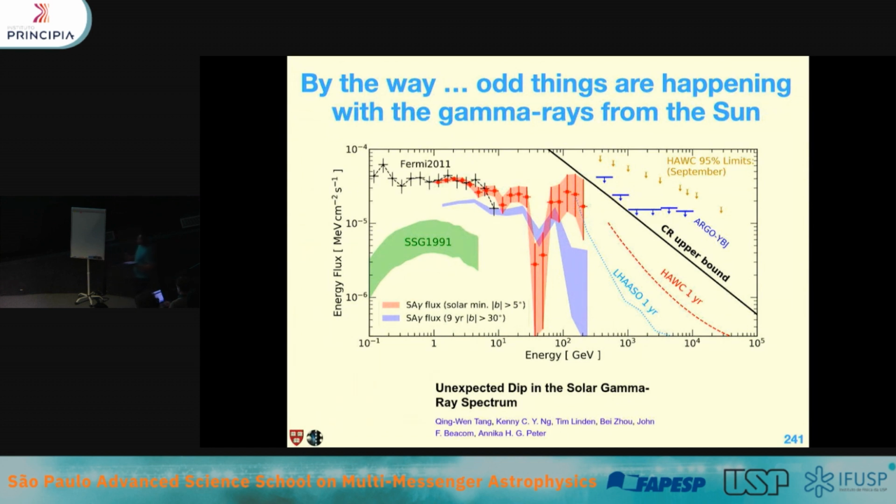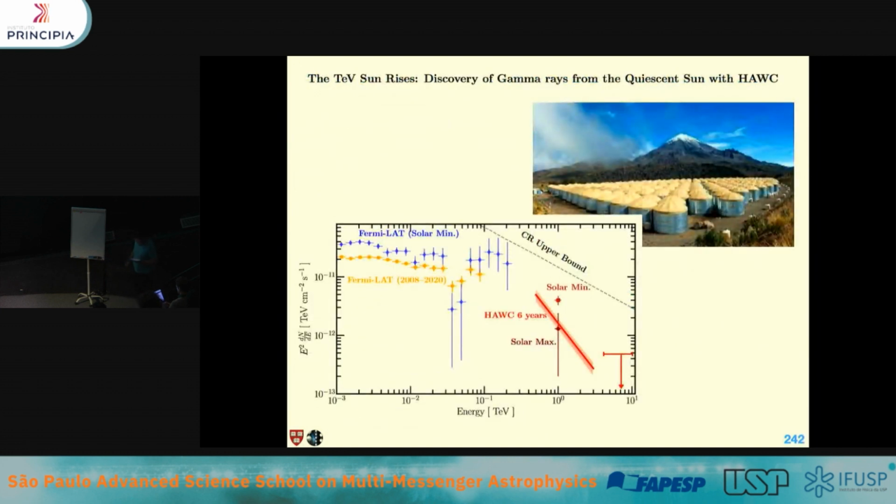But certainly statistically significant. And so the idea was, okay, maybe we have to keep measuring, see what's going on maybe over here, and see what happens. And the good news is that we have now, as of I think it was last year, seen the quiet sun in the HAWC experiment.